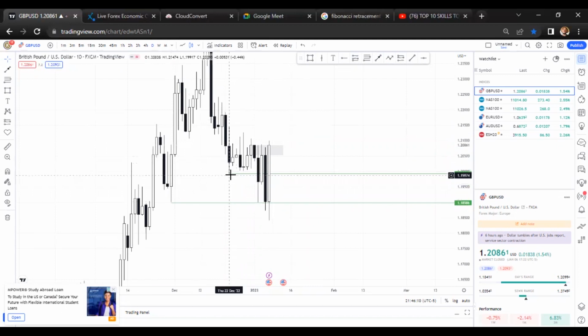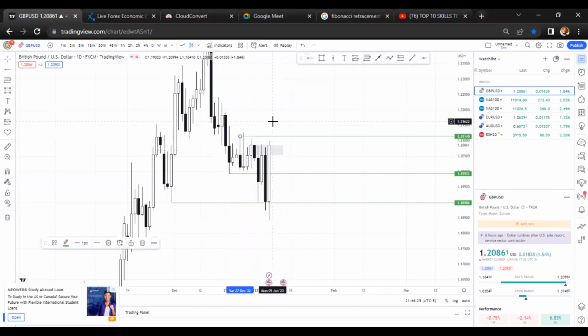So I've marked my fair value gap. I've marked them. Sorry, I've marked my sell side liquidities. I've marked them. So I had to tell myself, where am I? I'm here. Where am I coming from? I'm coming from a buy side that has been taken out by this week. So I'm likely to slump down,